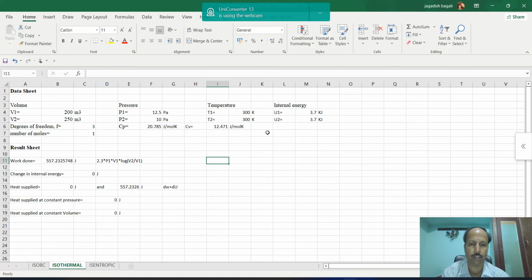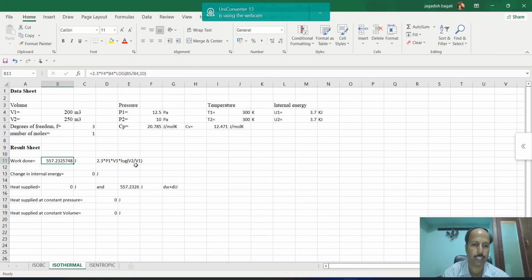So now you have taken all the readings here, and then I have used the inbuilt Excel formula to find out the work done using the isothermal work done formula. This is the isothermal process work done formula. You can see 2.3 is here, P1 is the initial pressure, which is F4, and V1 is the initial volume, which is B4, and then log V2 by V1, where V2 is the final volume and V1 is the initial volume.